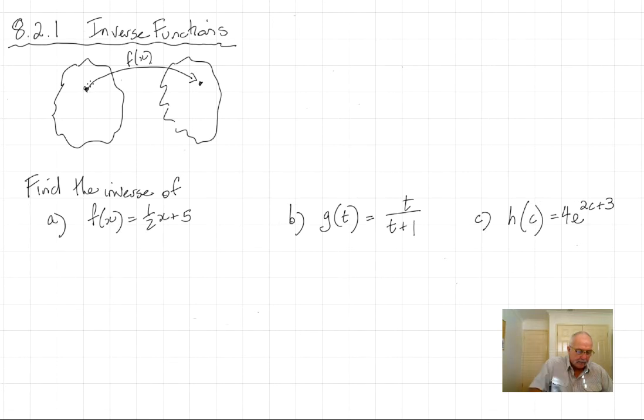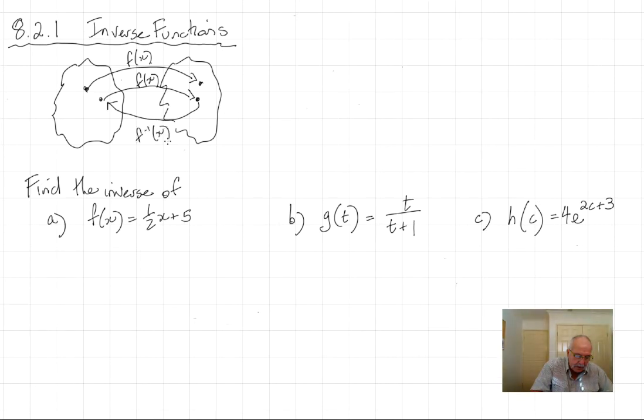It'll pick up an x value, it'll do something with that x value, it'll multiply by 3 and add 4 if it's a linear function, y equals 3x plus 4, and then it'll give a new value. And not just for one value, but for multiple values. It'll take different x values and map them to different y values. The inverse function picks up that point there and then takes it back to the original point, and that is